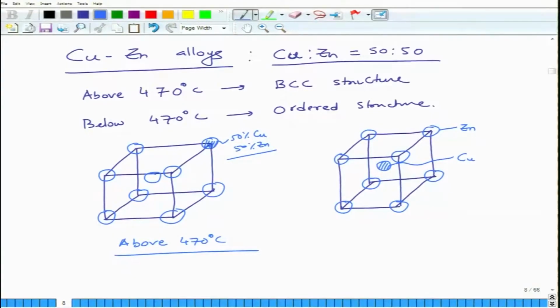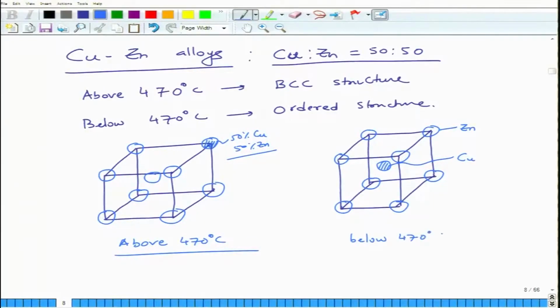Here it's here, so you can see that copper makes one sublattice, zinc makes another sublattice, and both of these sublattices are cubic in nature, primitive cubic in nature. So, these are two interpenetrating cubic lattices of copper and zinc into each other, which are very ordered. So, this is below